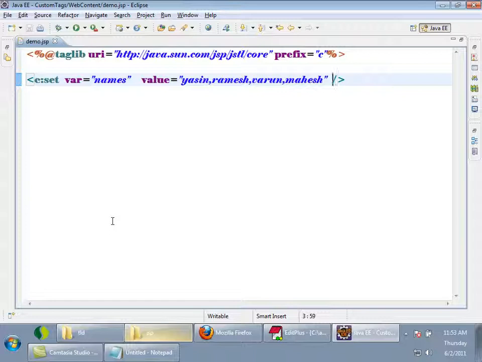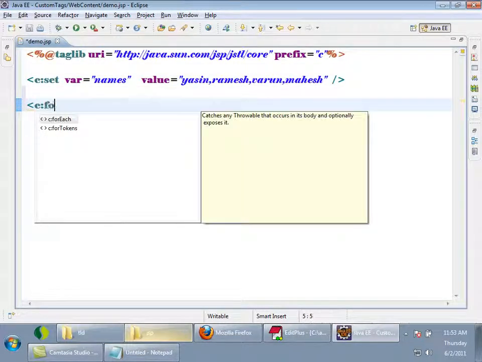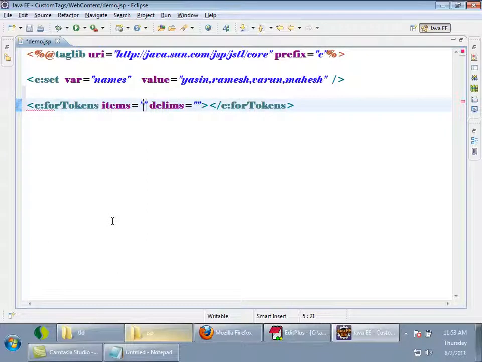So for tokenizing any string, you have another tag called c:forTokens. items is equal to, now names is the items to be tokenized, so dollar names. delimiter is equal to what?